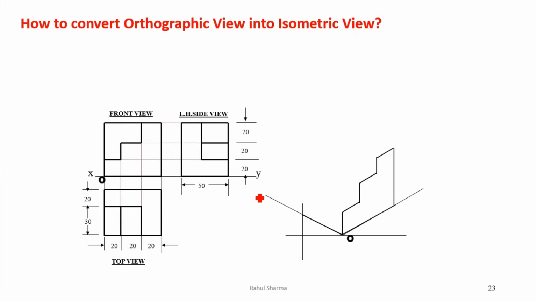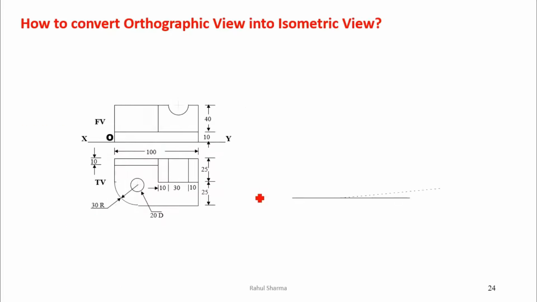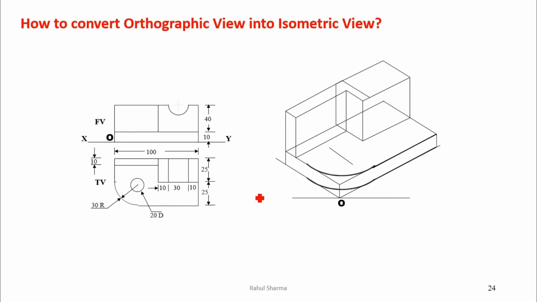I have made separate videos on this, how we convert the orthographic projection into isometric projection. You can watch those videos, it will be very clear in those. So I'm showing you a few examples only. Here are the steps how we have to follow, how we can make orthography into isometry. So you can follow the same steps, you can practice the same objects by following these steps, how we are converting them.